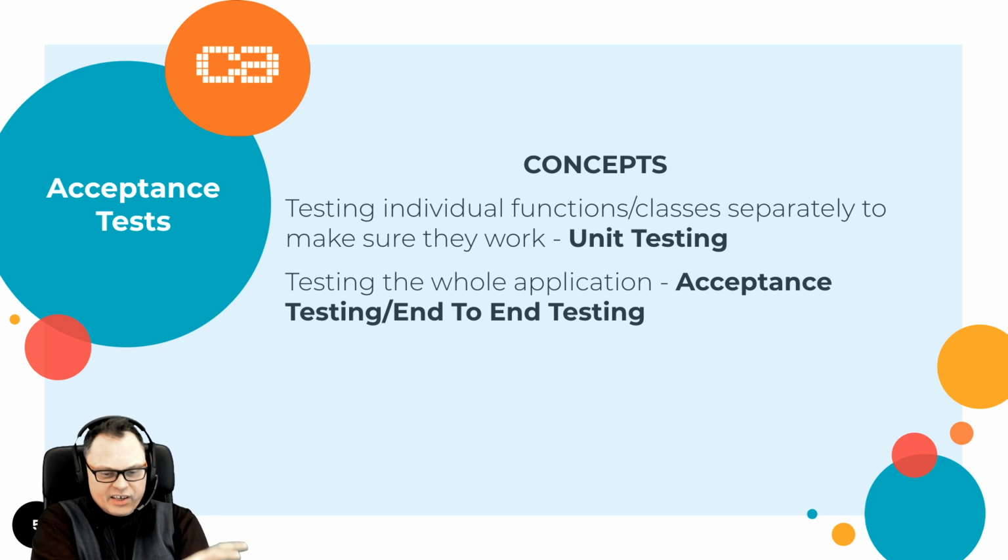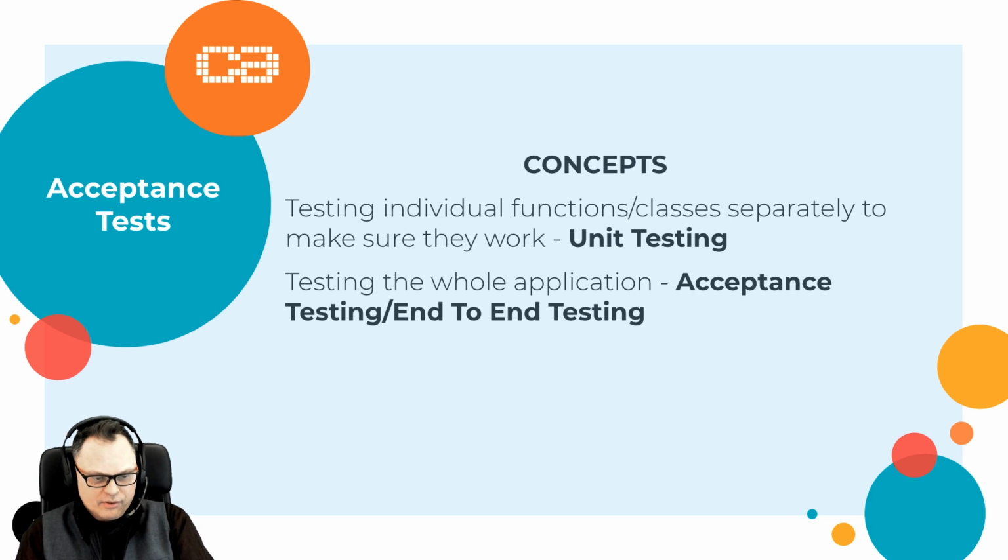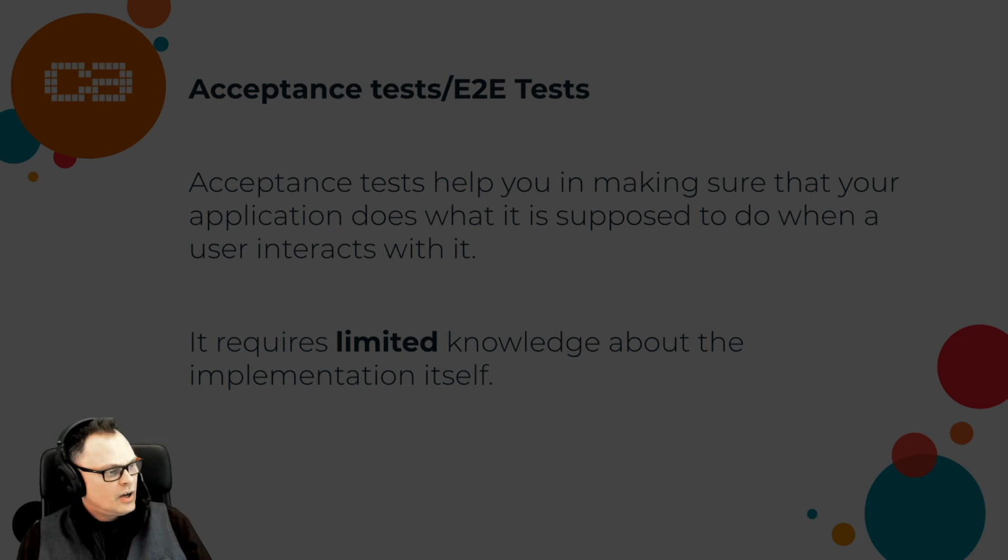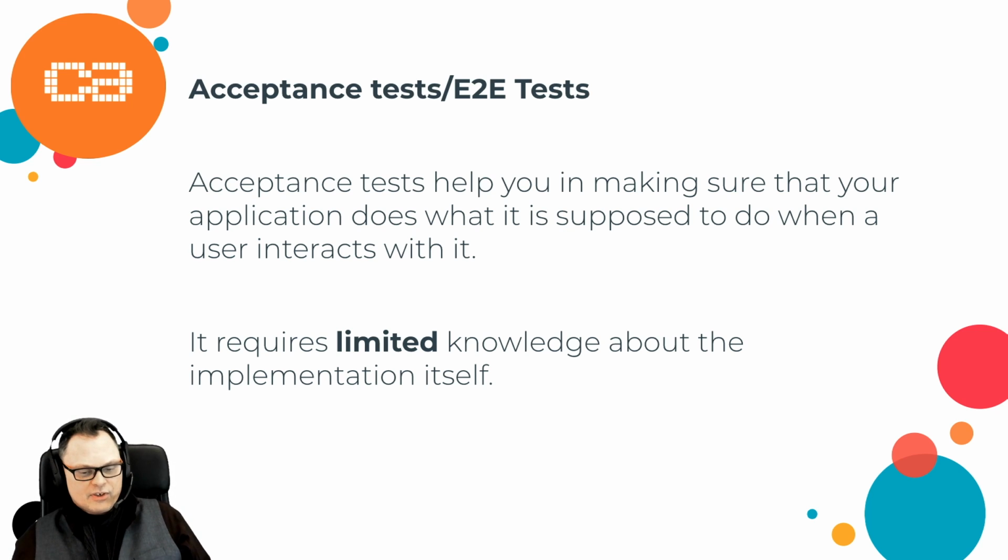We do not really care how things are happening in the background, like underneath the hood. We only care about the end result. That's why we call them end to end. The interface to interface kind of test, without digging into the house. And that brings me to this slide,